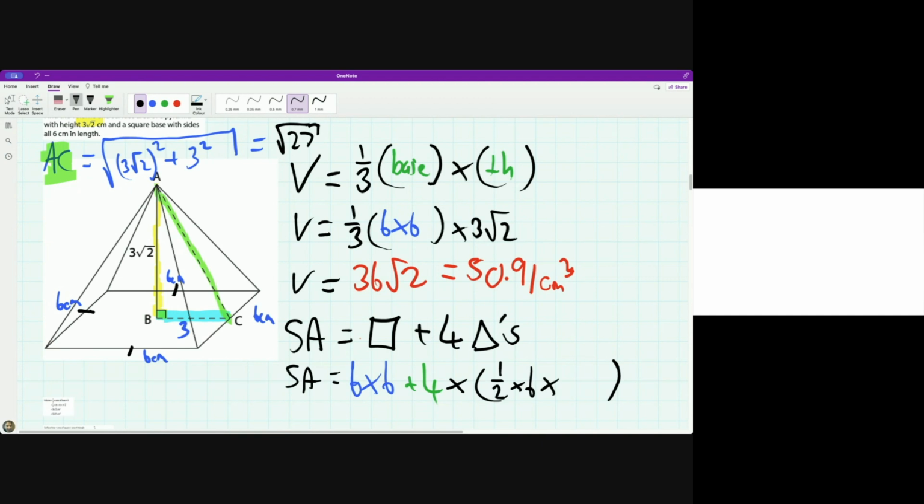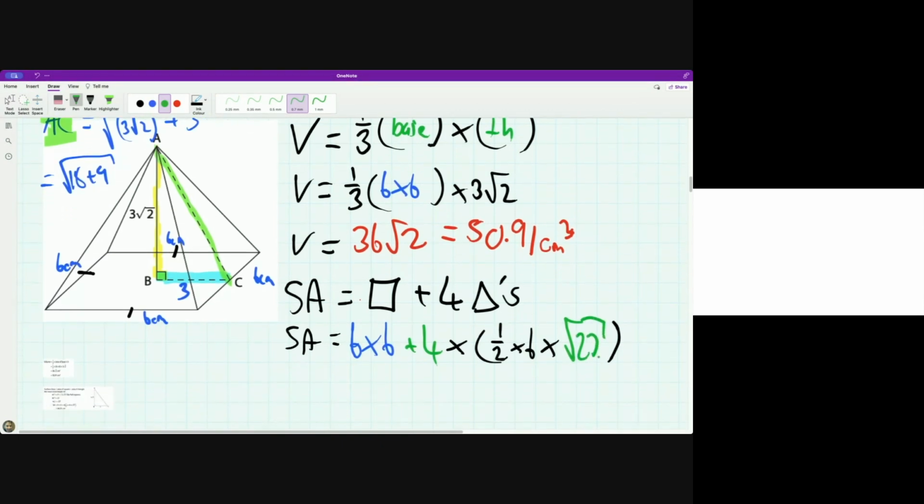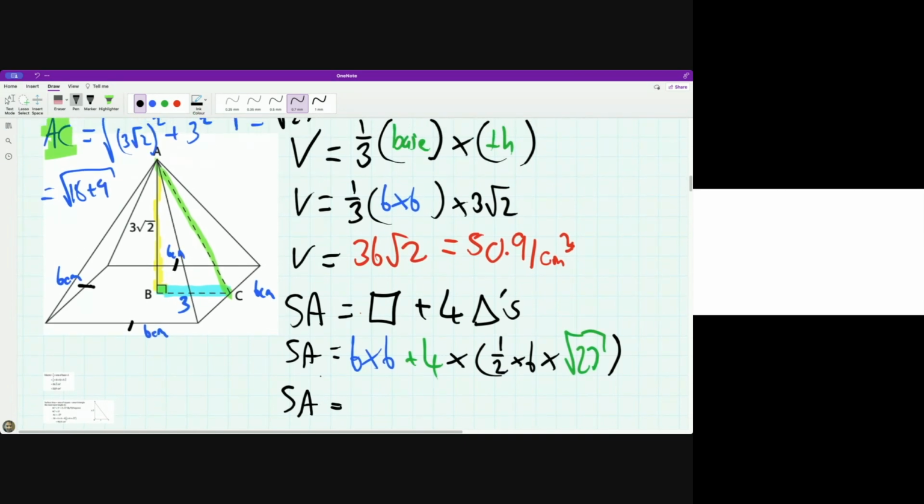The way I actually did it, I didn't even use my calculator. I just went, look, this is going to be 18 and this is 9. So I'm going to put square root 27 in my formula. Can you please find me the surface area of my square pyramid now? So 6 times 6 plus 4 times 0.5 times 6 times square root 27. And we get,